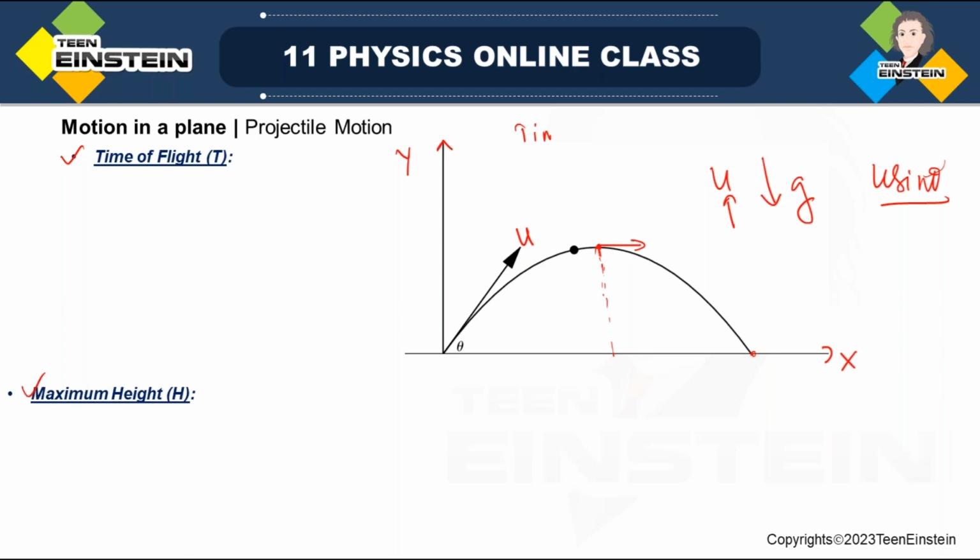Actually, as I said, the projectile obviously will come to the ground and it lands after some time. As soon as you throw it upward, even if you throw it directly vertically over your head, it may come back onto your head itself. But if you make an angle theta with the horizontal, then the projectile trajectory will be a parabola, and it lands somewhere else.